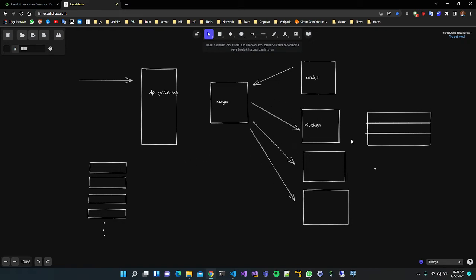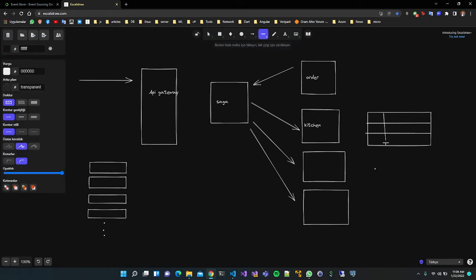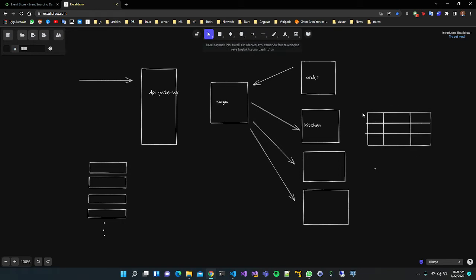When we think about the kitchen service particularly, too many events come consecutively, and we need to handle these events. In the traditional way, what would we do? We would create a table in the kitchen service, and we would write all the incoming records to the table, like order ID and ingredients of it, and other knowledge relative to the kitchen.